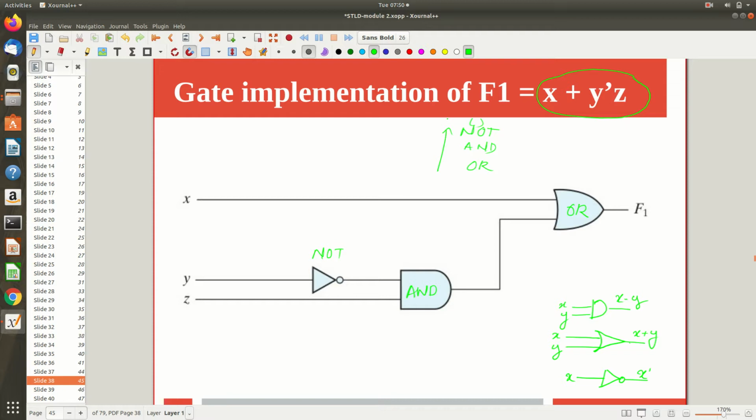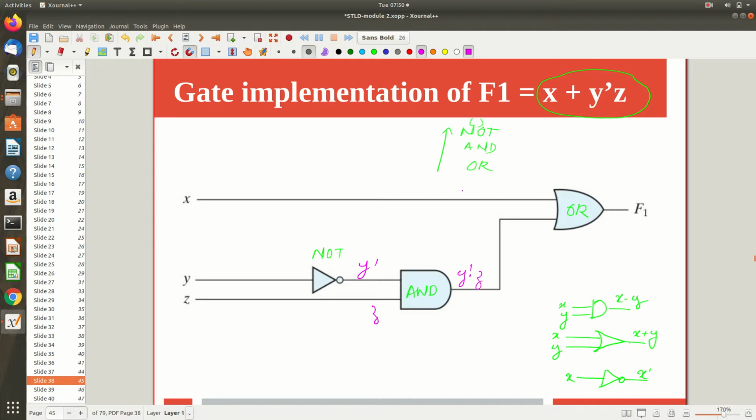So here we will evaluate the NOT operation first. In this expression only one NOT operation is there, that is our y dash. So calculate it first. Give that y as input to the NOT gate. The NOT gate will give you as output, let me use a different color, this gate will give you y dash. Now with this y dash and z I have to perform the AND operation. So next I will use an AND gate. This y dash is one input and z is the other input. This line contains z. So together this AND gate gives you y dash dot z.